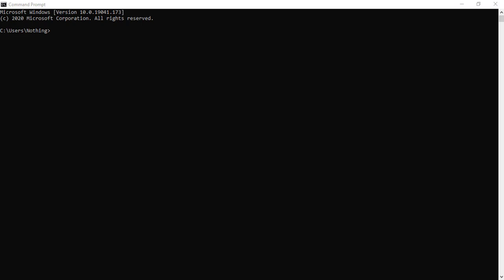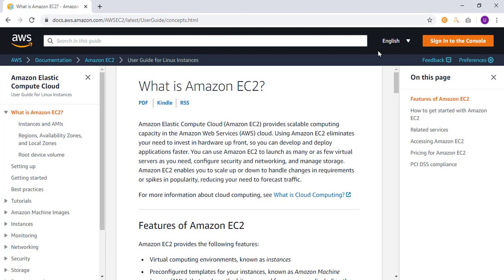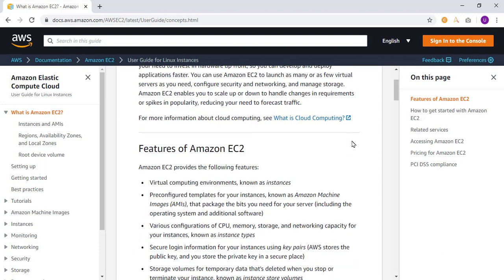You have a lot of options in AWS CLI, and it will actually take days to explore it. But just to get started, we will look into how you can manage EC2 and its components. I think you will already know about EC2 if you're watching this video. Just in case you don't, EC2 is Elastic Compute Cloud. It's like a server that you can get from Amazon, and these servers are called instances.